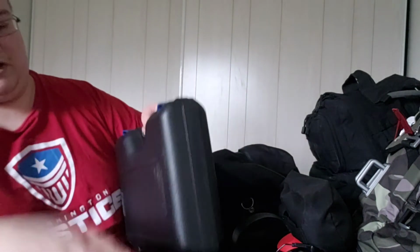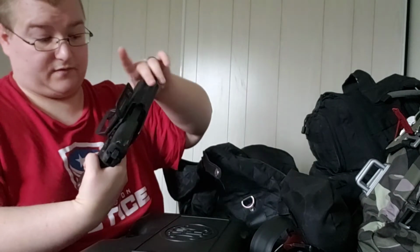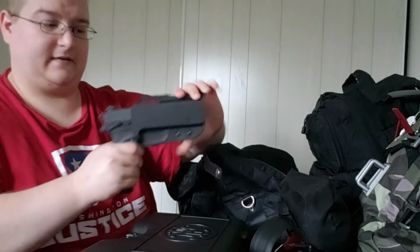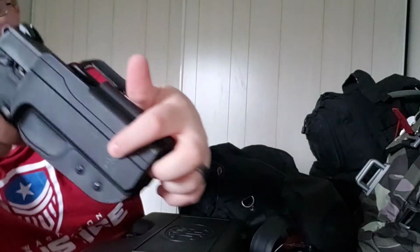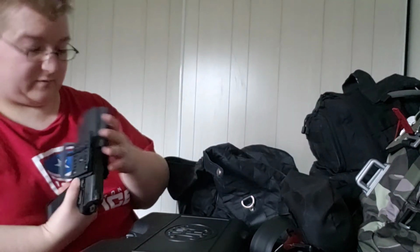got a holster here. This is an outside the waist holster for my FN. I don't carry, I don't plan to, probably never will. This is by Blade Tech. It's beautiful. It's got a little FN logo on there so that you don't even have to worry about, you know, people like, Blade Tech. I mean, yeah, obviously it's a Blade Tech, but